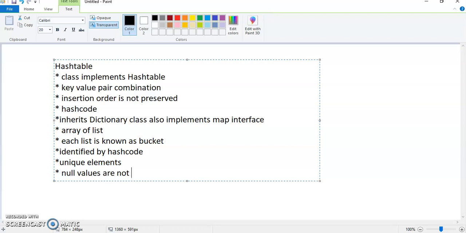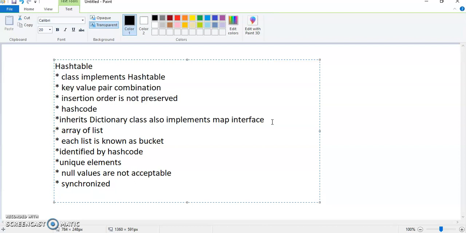Null values are not acceptable. This Hashtable class is a synchronized class. We have already seen what exactly we mean by synchronized. Whenever we say the class is synchronized, it means it is thread safe.